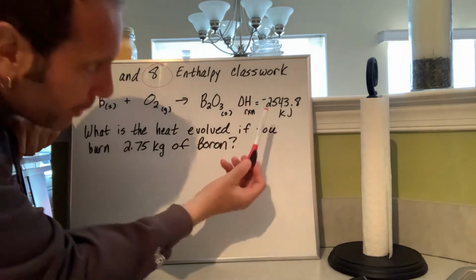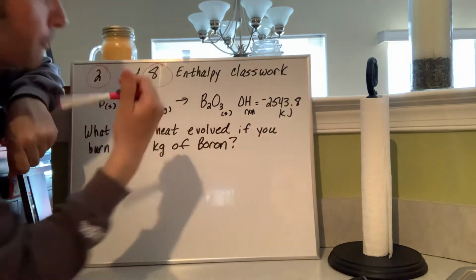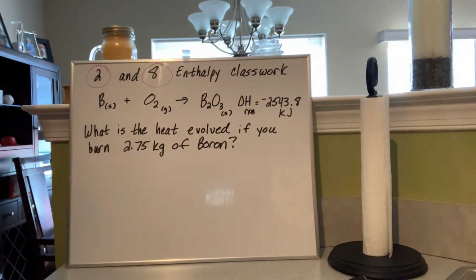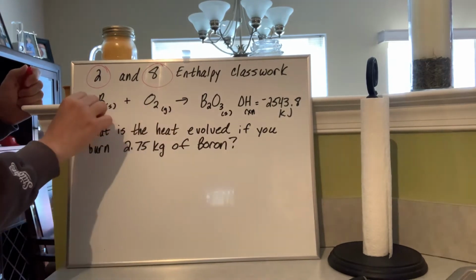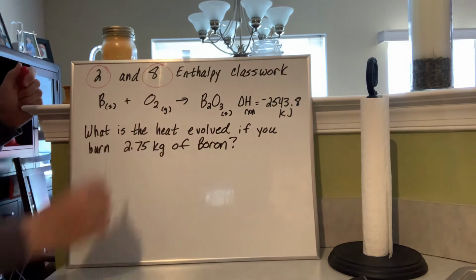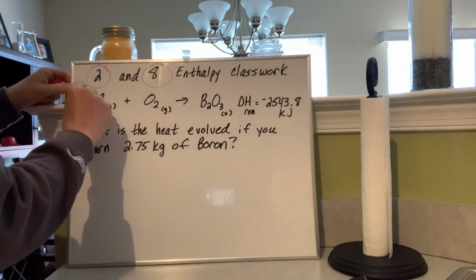And I know that because of the negative sign, right? Negative enthalpy means the energy is being released. Okay, so the first thing we need to do is balance this. Well, let's see. We have B2. We could go 2B here, and that would balance it out, and then you'd find your O's are off, and you'd have to do a 1.5. So why don't we go 4,